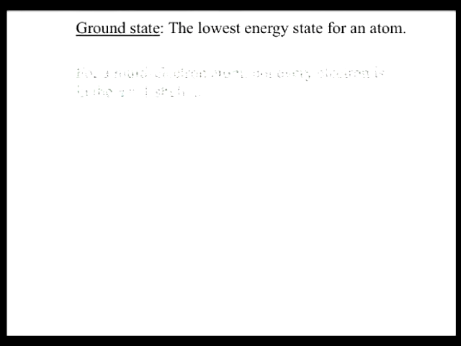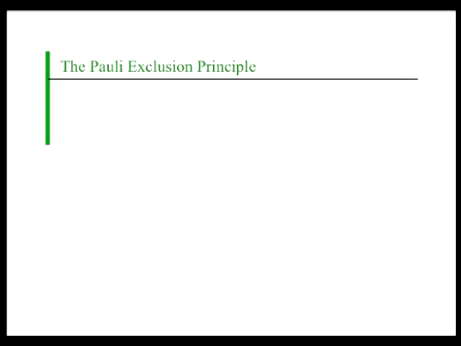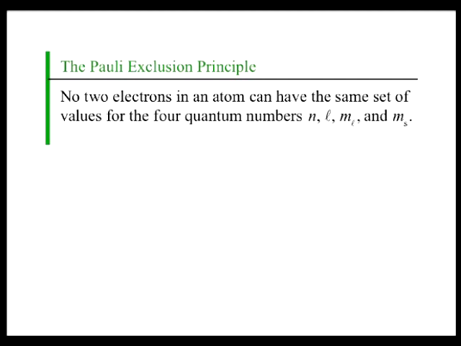However, when a multiple electron atom is in its ground state, not every electron is in the N equals 1 shell in general, because the electrons obey a principle discovered by the Austrian physicist Wolfgang Pauli. The principle is called the Pauli exclusion principle and is stated as follows. No two electrons in an atom can have the same set of values for the four quantum numbers N, L,